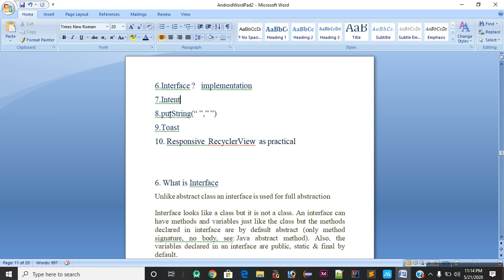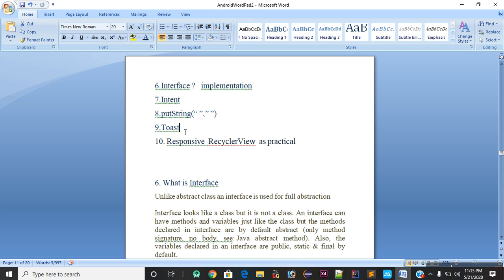I will also discuss the putString method, why to use the putString method and how many types of argument the putString method holds.